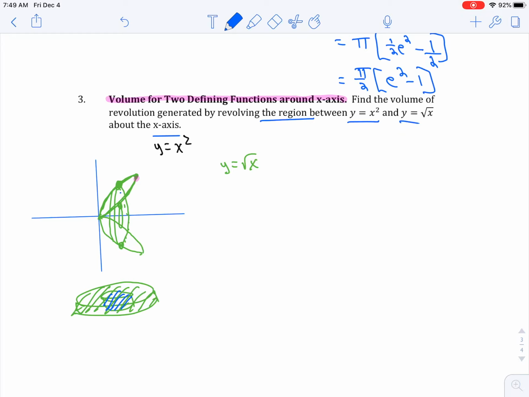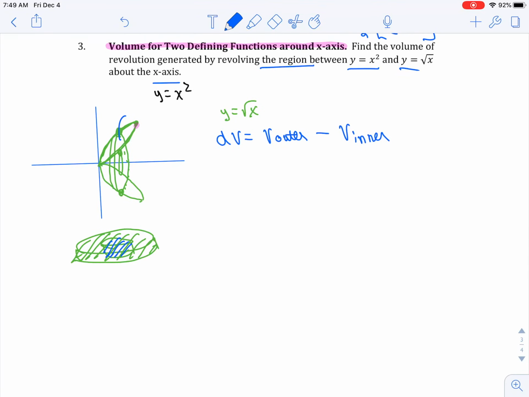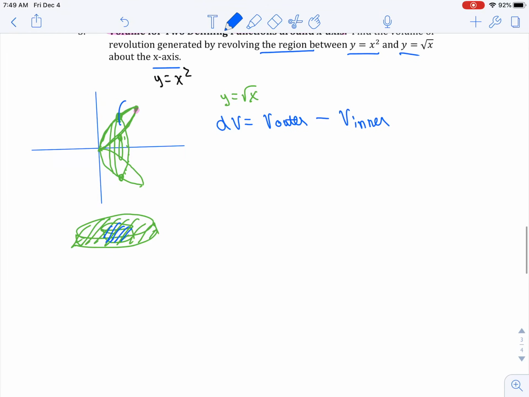So basically, if we treat this as our sample washer right here, we want to find the volume of that sample washer, and it's going to be the volume of the outer disc minus the volume of the inner. Right, and both of those are going to be in terms of cylinders, so they're both going to be a pi r squared h minus another pi r squared h. Okay, so this is radius 1 and radius 2. All right, so if I just look first at the outer cylinder, the one that goes to here, and think about that radius,